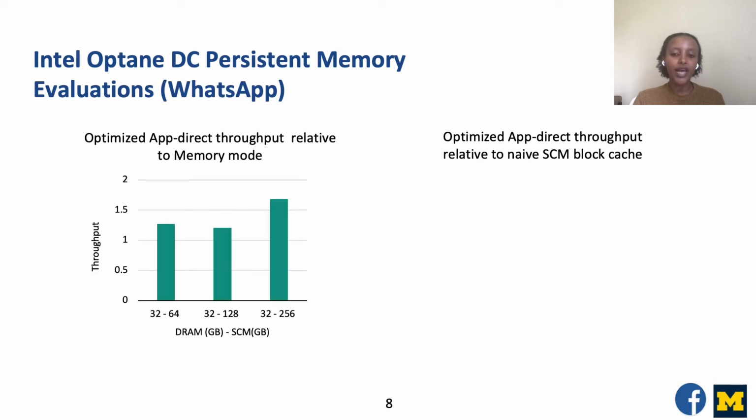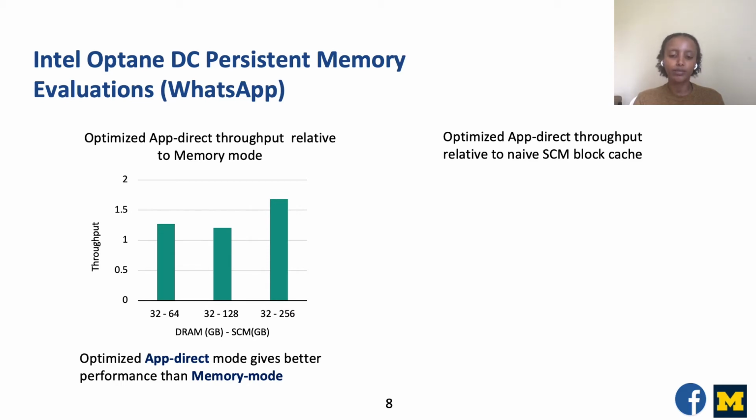In this figure, the x-axis shows the size of DRAM and SCM in the system we evaluated. And on the y-axis, we have the relative throughput of optimized UpDirect mode to memory mode in each system. Here, higher is better. So as we see in the graph, for RocksDB, having control of caching of data between DRAM and SCM gives up to 60% more throughput than memory mode, which does not give us any control of